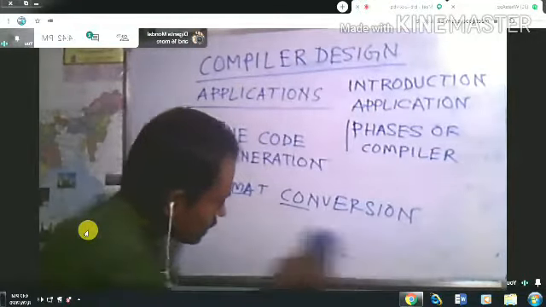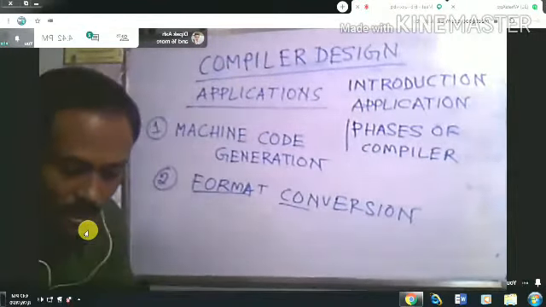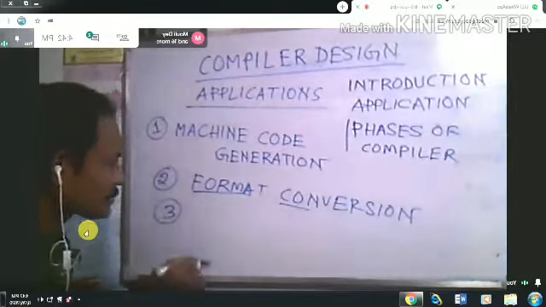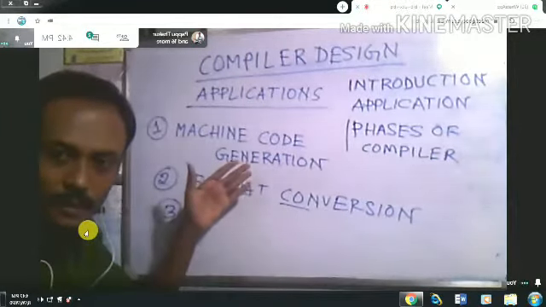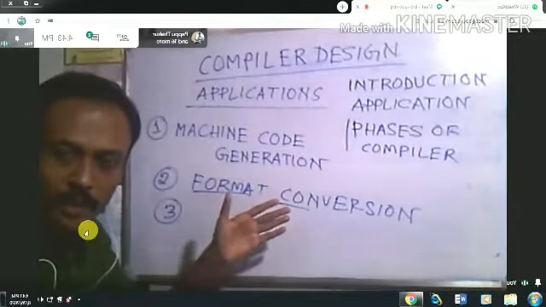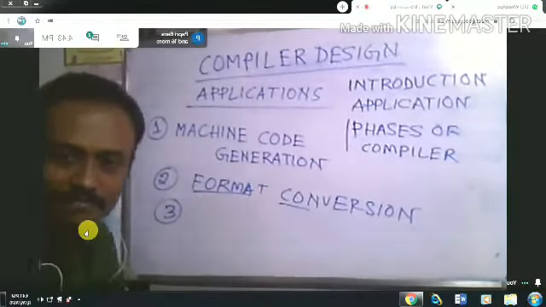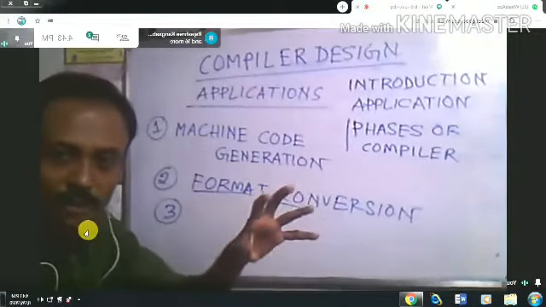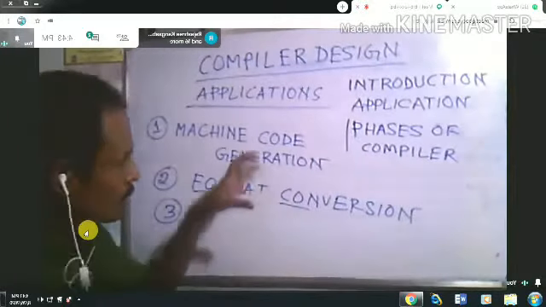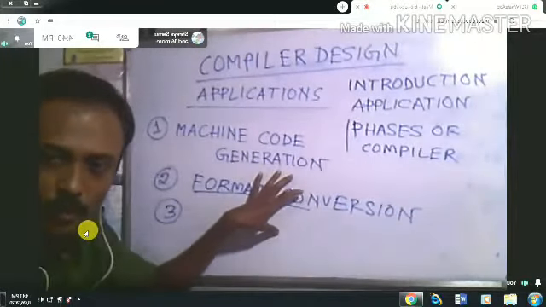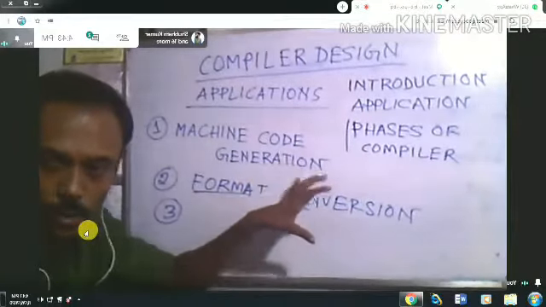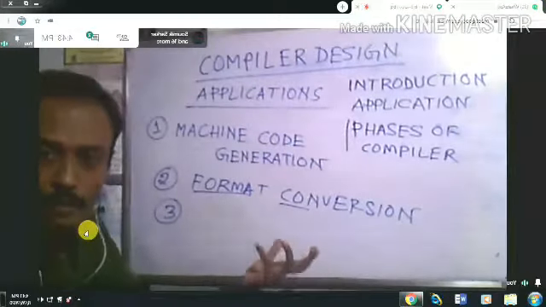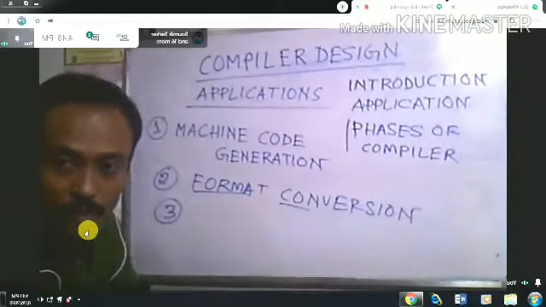Next application of the compiler. What is the next application of the compiler? The next application of the compiler is called silicon compilation. So you see that these different application domains are actually different domains of the software industry. It is a very interesting thing. Each is a big domain of the software industry, where engineers are required to do this kind of code conversion, and so many people are engaged in the software industry just to do this kind of thing.